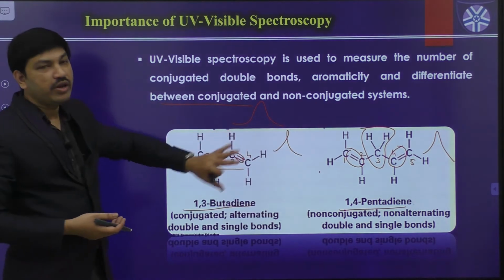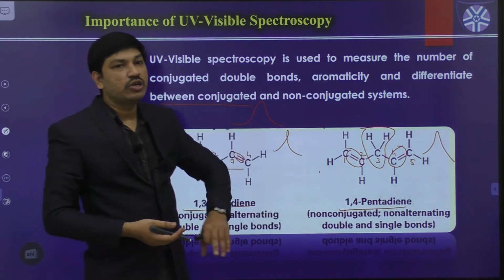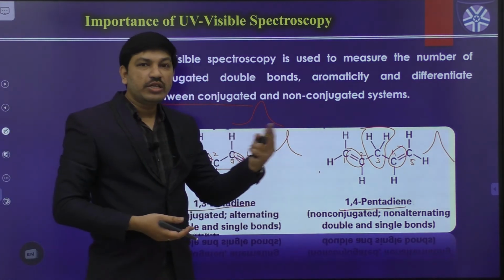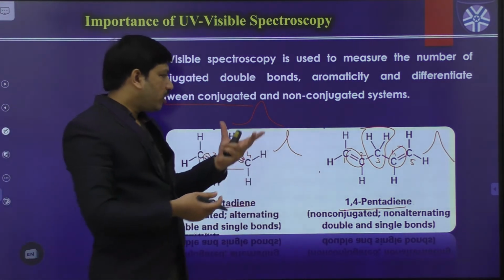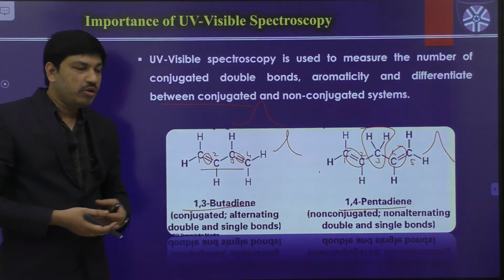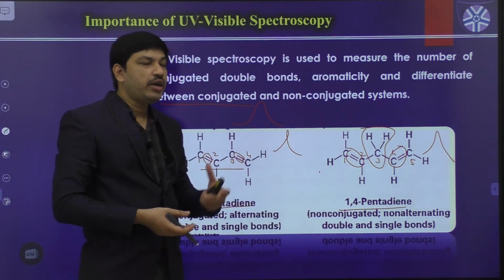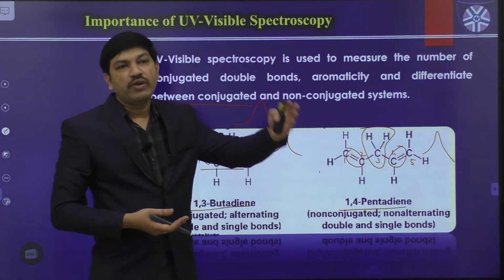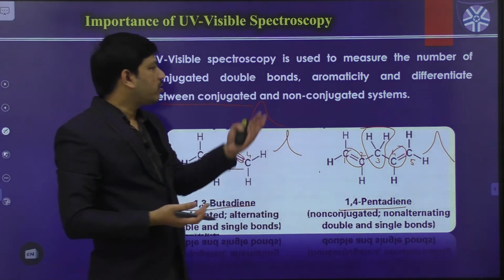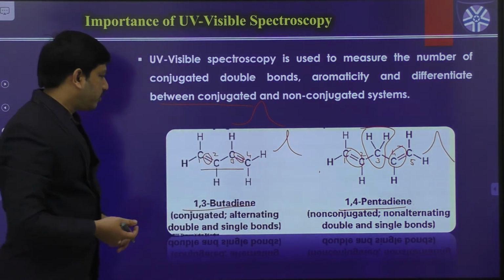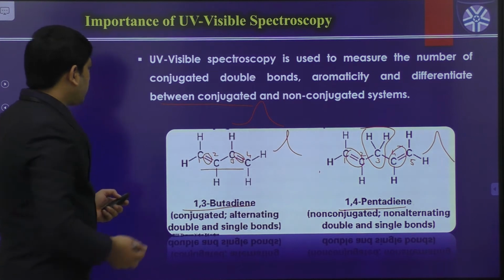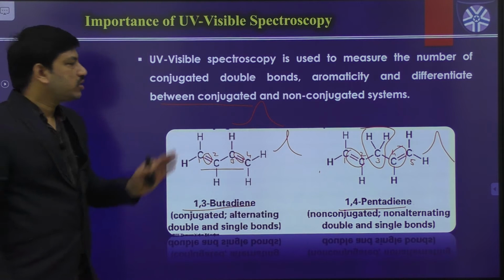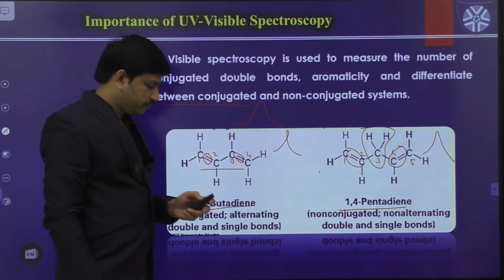That means UV spectroscopy has a lot of importance in chemistry or physics or material science and various branches. Even in medicinal chemistry they take the UV visible spectrum for various drug molecules. They want to see if any color-absorbing moieties are available, or what type of possible transitions are available, or if any aromatic groups are available. So it has a lot of applications in different types of branches like medicine, engineering or science. So this is one of the examples. This is the main reason why we have to study UV visible spectroscopy, because it has a lot of applications.